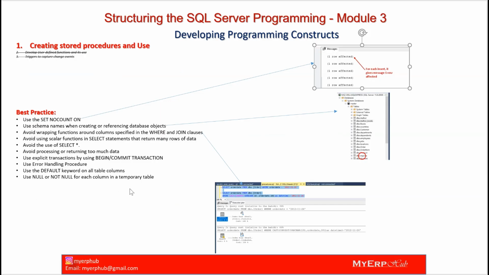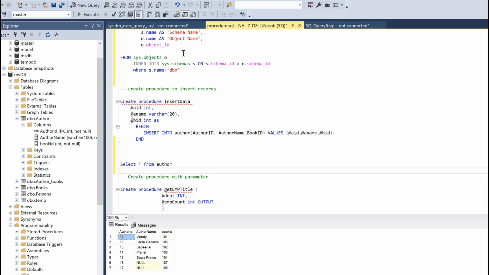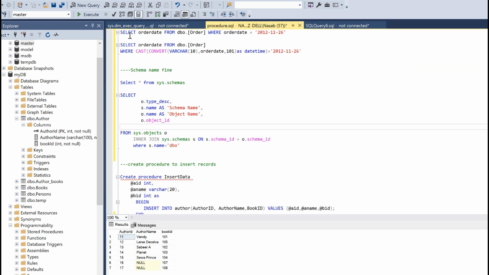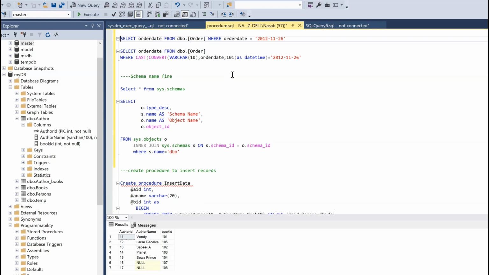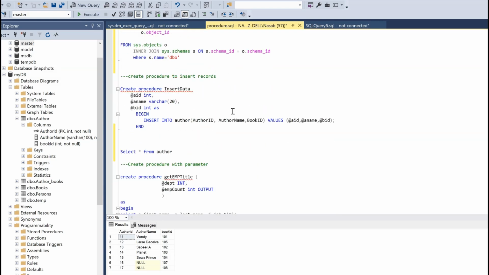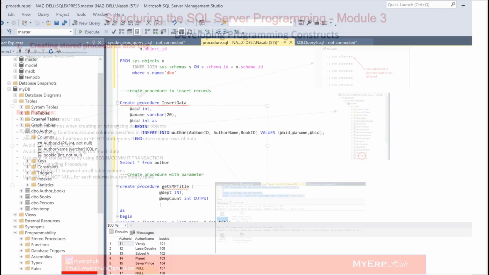Think about the huge data. So it's going to give you this much. So in saving these kinds of messages which you don't want to read repeatedly, you need to set NOCOUNT ON at the beginning of your statement, on the top of the statement here. So once you set this and then begin with the query, it will remove these messages